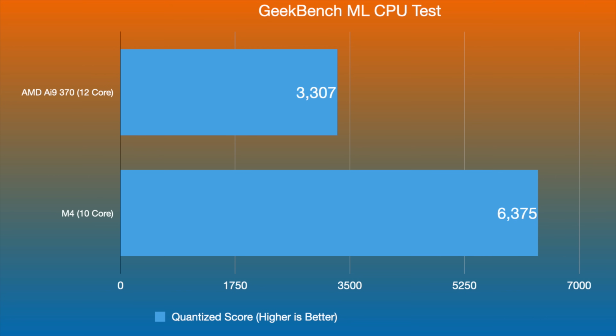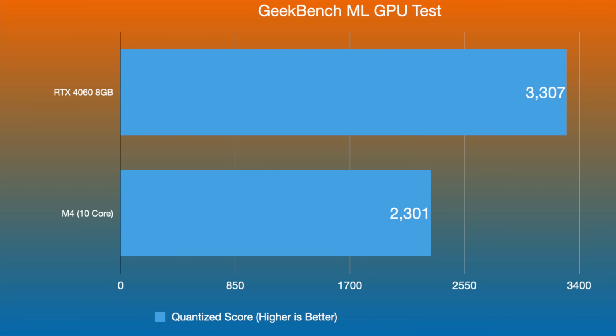But what happens if I do the exact same test again, but this time tell it to use the GPU? Obviously we've got the M4 GPU inside of this, a 10-core setup, but we have the RTX 4060 laptop edition with 8 gigabytes of RAM in this Asus ProArt. Let's have a look at the score we got in this chart. Well, you can see that the tables have turned here. With the RTX 4060, it absolutely thrashed that M4. We got a quantized score of 3,307, compared to the M4 with the 10-core setup, which got